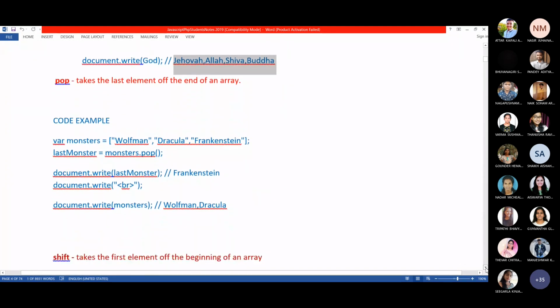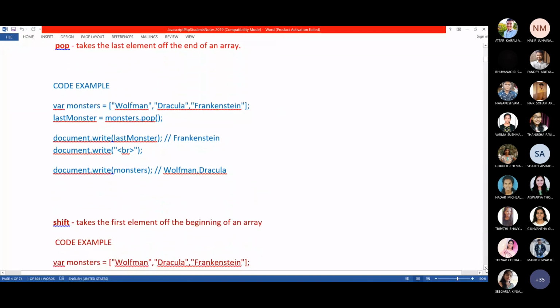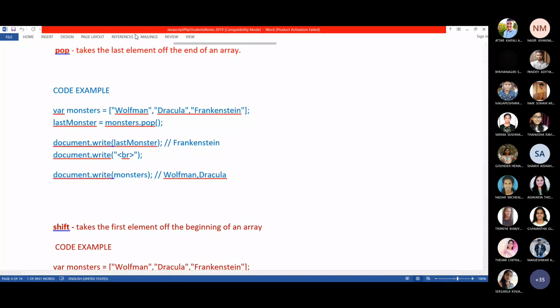The next method we saw already is the pop method. I'm going a little fast because we have completed all this already. Pop method is also a method of array object which is used to take the last element from the object. So I typed last time, I think it went below.